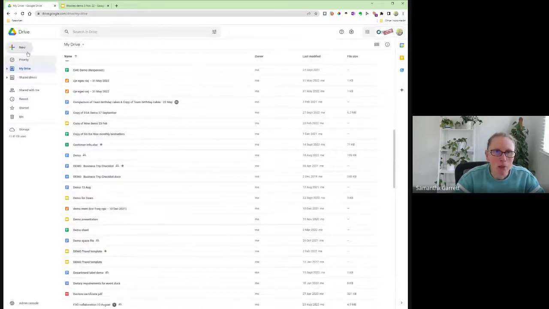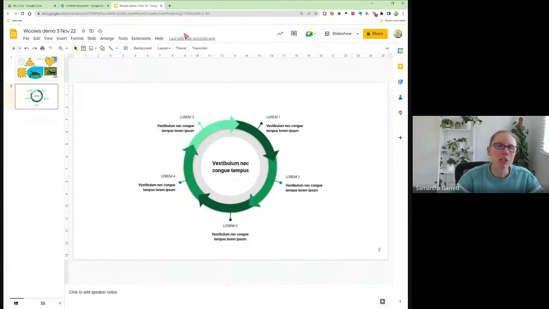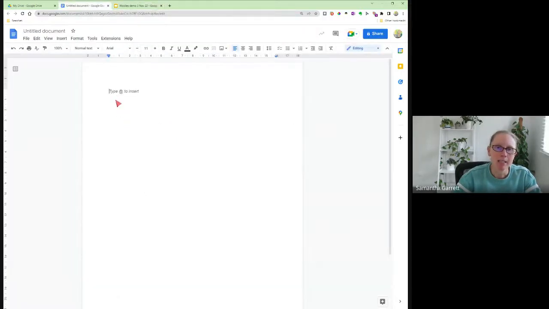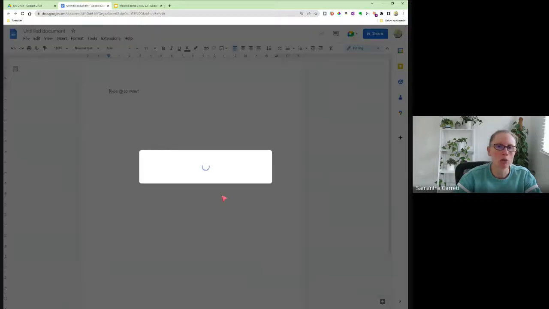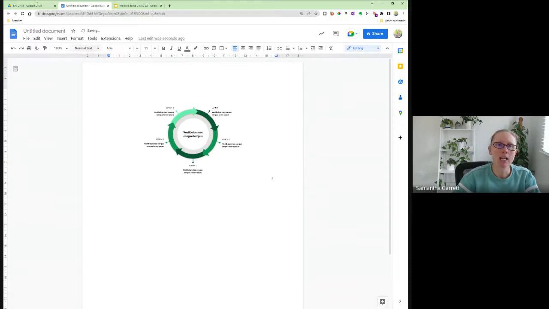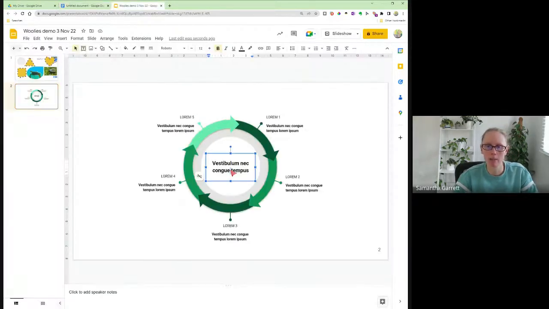I've done a few bonus tips today. That's okay. I'm watching the time. What you can do as well, when you've got a diagram in a Google slide like this, you can click on this slide on the left here, like the mini view, and you can copy that slide and you can paste it into a Google Doc. And when you do that, it will link back if you want it to. You don't have to, but you can link it back to the slide deck. So then when you make a change to that diagram in the slide deck,